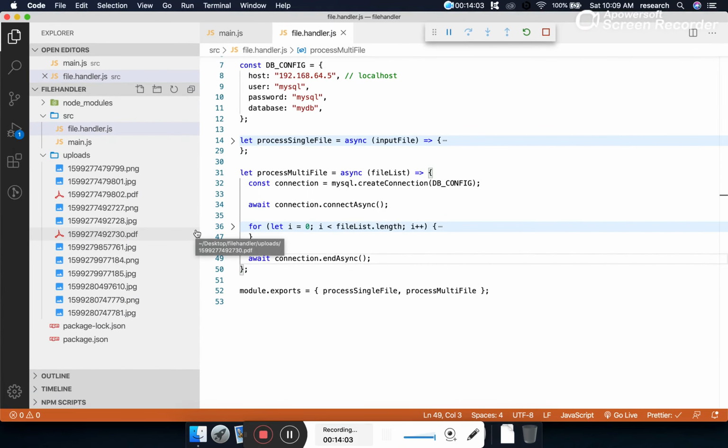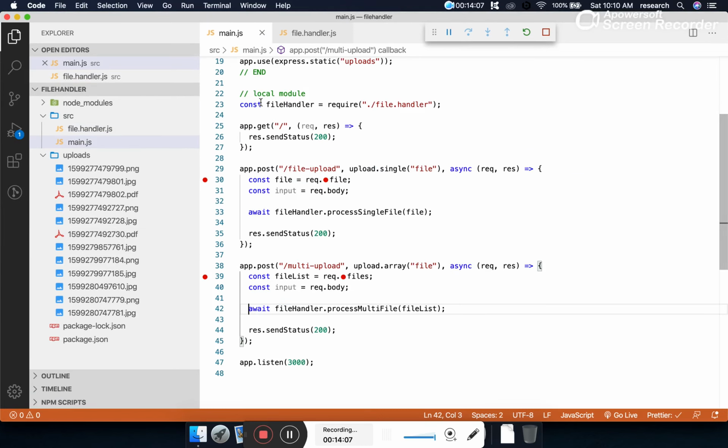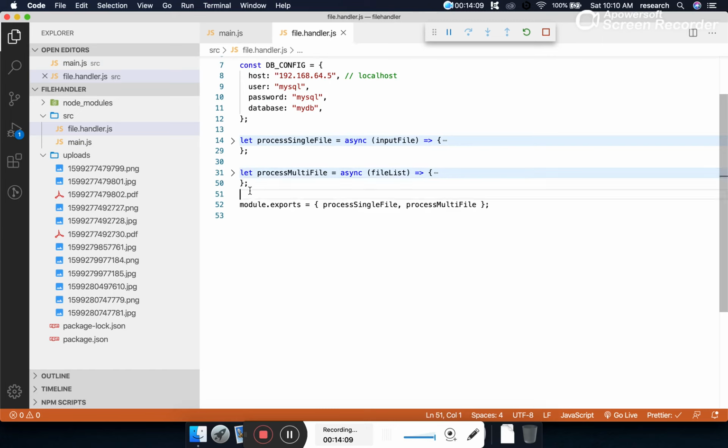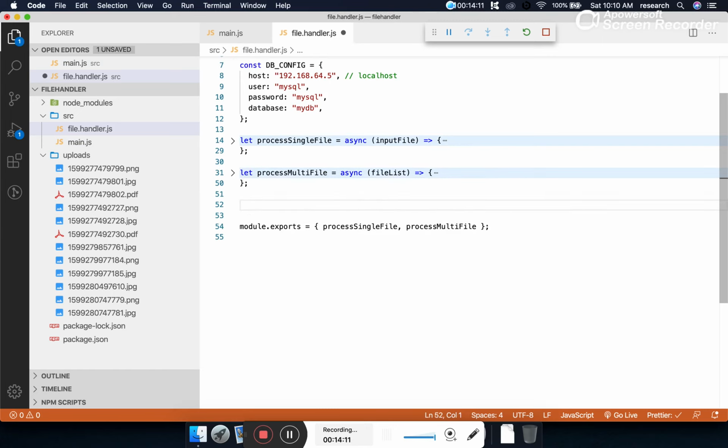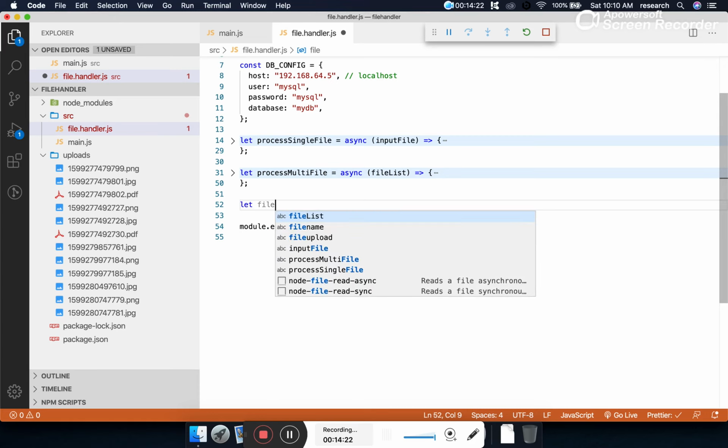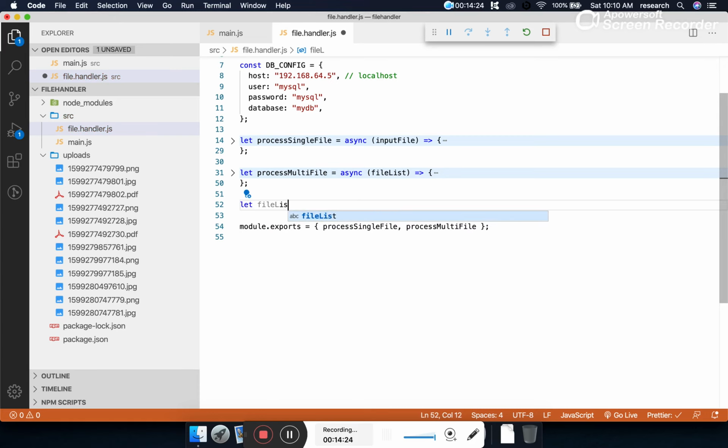and adding that information into the database. Okay, in the next API we are going to develop, we will be returning all the images which have been uploaded by the user. Okay, that's a very simple query. So let's create file list. This is returning all the files, whatever file name you want to give.